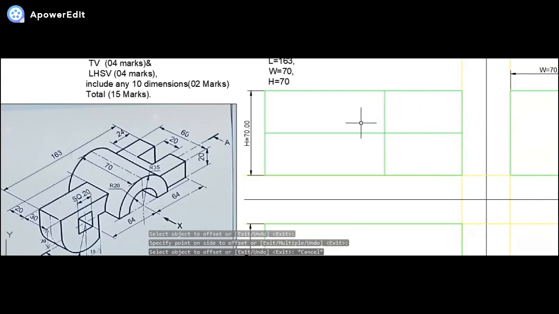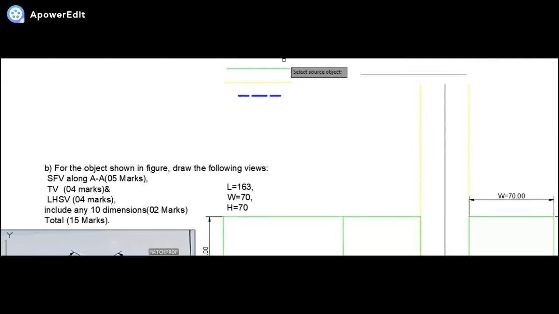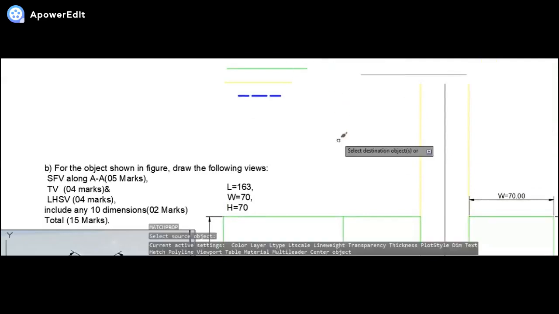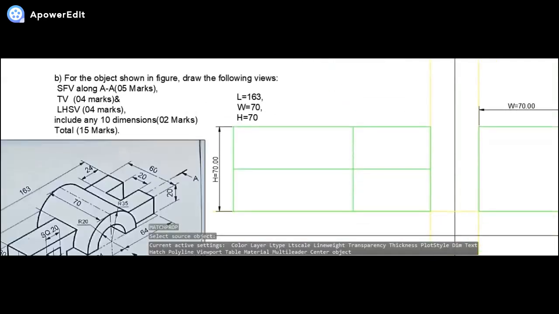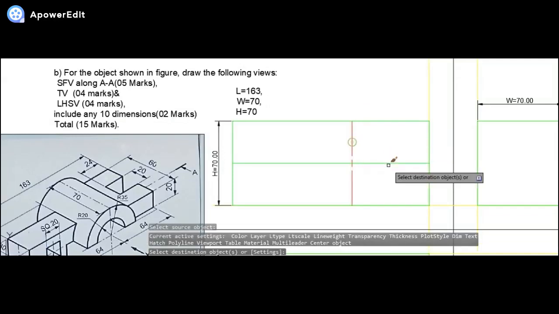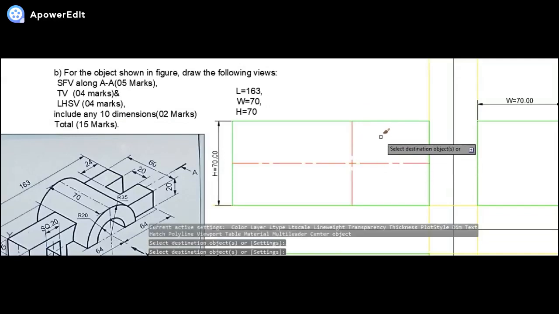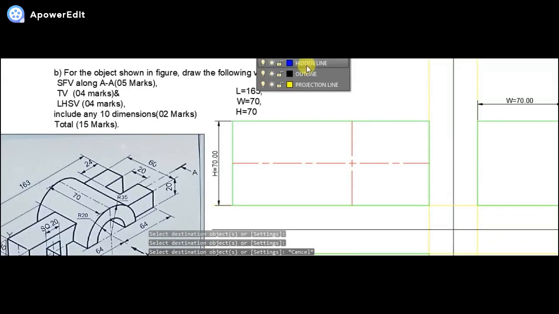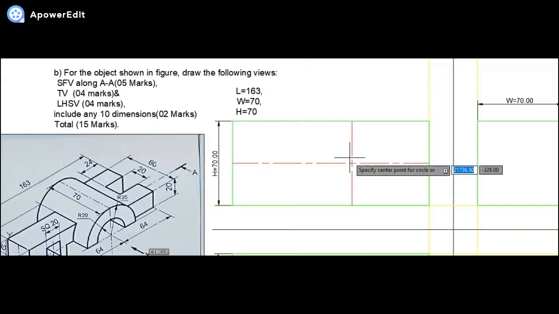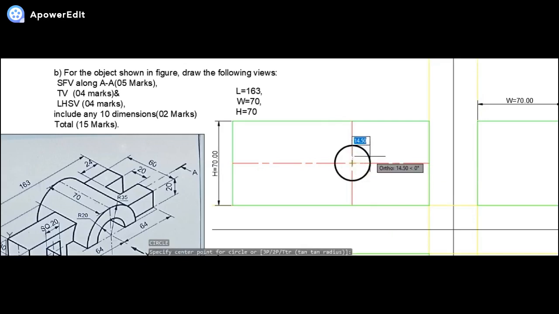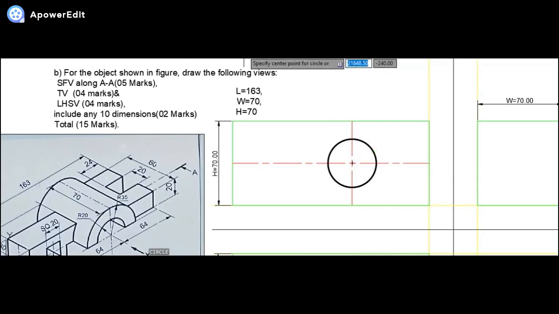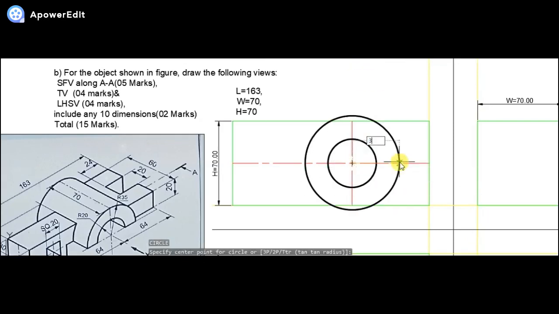Now I can make these the center lines. I can select the center line over here, and make both of these center lines, this one and this one I'm talking about. Once we are done with this, let us construct the concentric semicircles. The first one is over here. The inner one is of radius 20, so 20. The outer one is of radius 35, so 35.